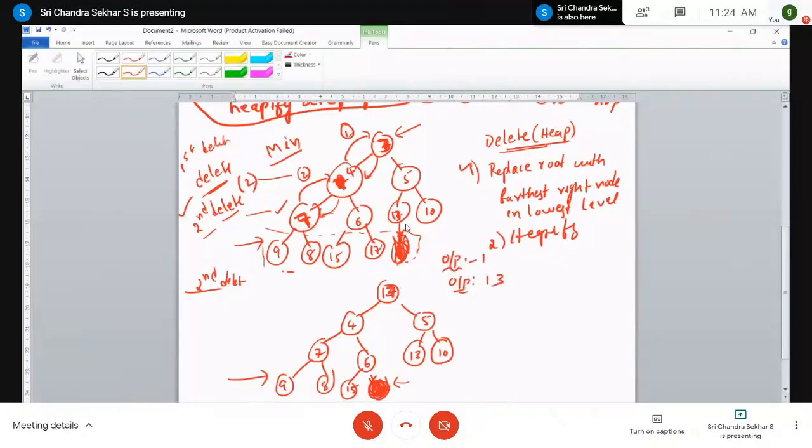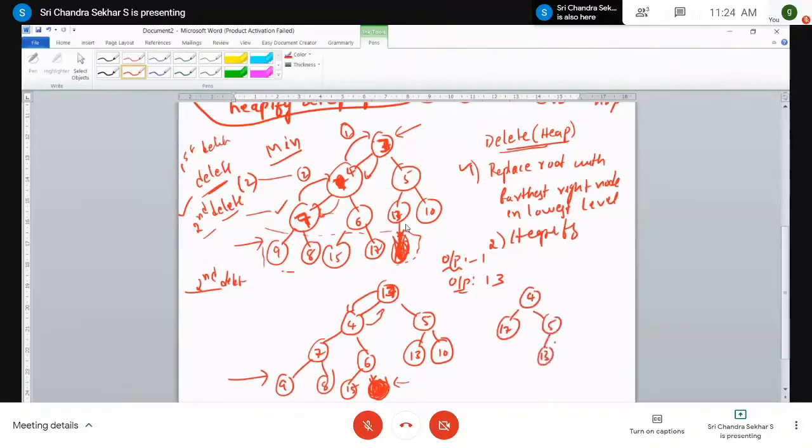Now it is 17. Now you have to perform the heapify operation to satisfy the ordering property. Now what you have to do? You check the two children of 17. Which one is minimum? That should be exchanged, right? Therefore, 4 is the minimum value. You replace it. Therefore, it becomes 4 and then 17, 5.